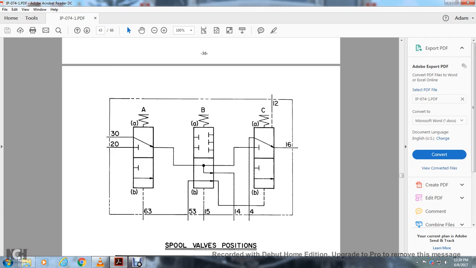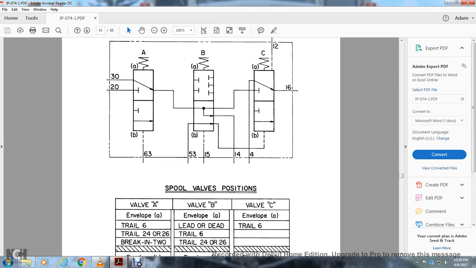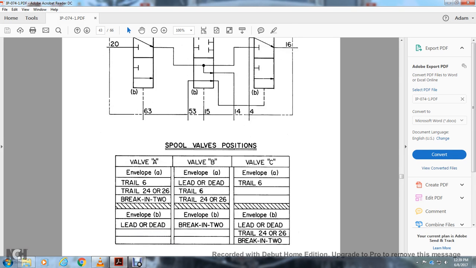Different bypasses are in your spool valves. Your valve A is an envelope A with a trail 4, 24, 26. Brake into the valve L and lever valve B envelope dead lead dead valve trail 6 24 26 and brake into valve C envelope A trail 6 lead envelope lead dead trail 24 26 brake into